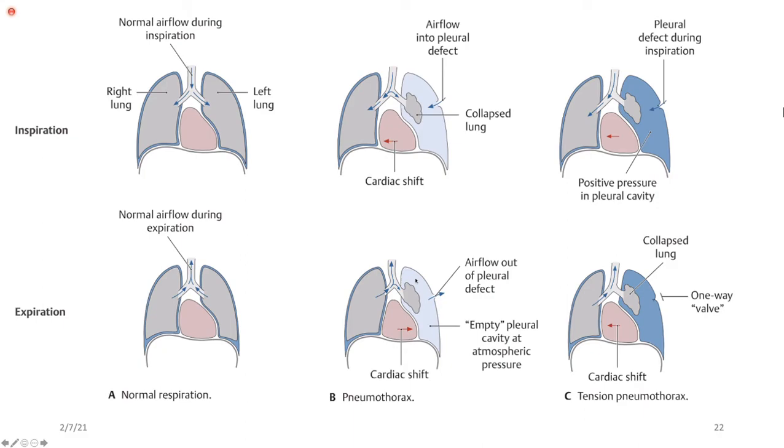But here you have some time. In tension pneumothorax, like cardiac tamponade, you don't have time. You have to rush in because somebody is turning blue and gone. In pneumothorax, fine, you have 15, 20, 30 minutes. You can spend time, you can prepare, you can organize. Because here, what are we doing? We are converting this tension pneumothorax into pneumothorax, and then we are putting a tube for drainage of this air.